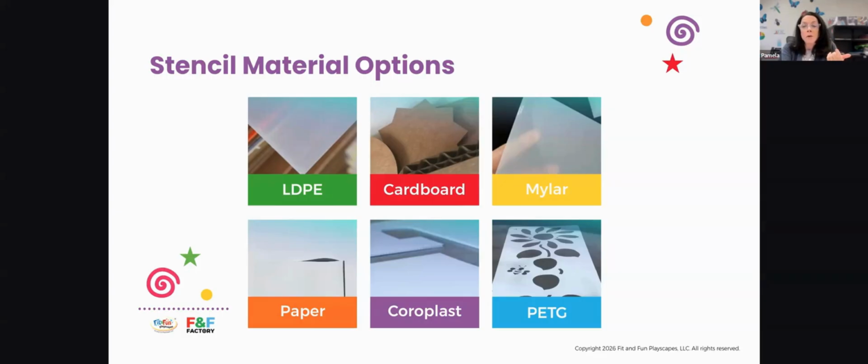It's a very economical choice, but as soon as paint touches that surface, it's going to start to degrade real fast as soon as that paint contacts that paper surface. So you're not going to get multiple uses. And I find that the cardboard and the coroplast, which is like its plastic sister or brother underneath it, are very thick and it's very difficult to get fine lines and it's a bit tricky to handle, but some